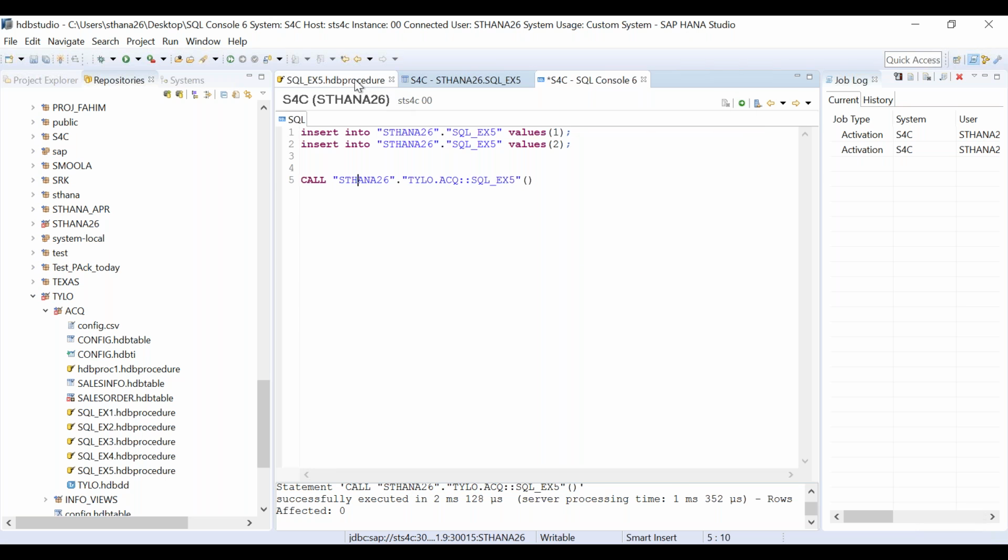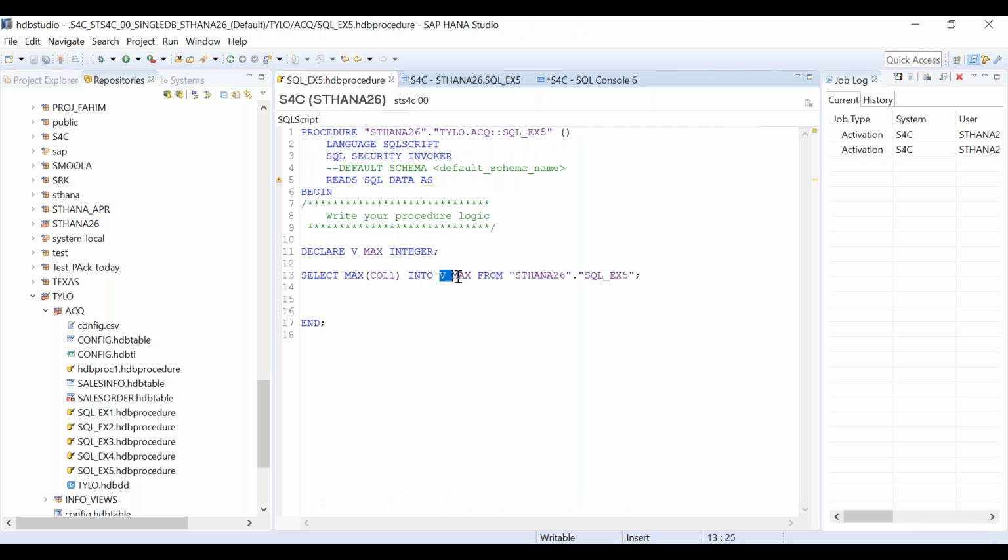Okay, I'm very sorry. Since v_max is going, it will not show you the output. For that, we have to display the value of v_max. So select, how do you write the value of v_max? Please answer in the chat window. How do you write the value of a v_max to the end user? What do I have to write?